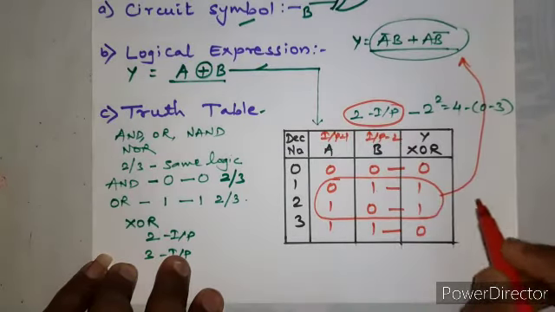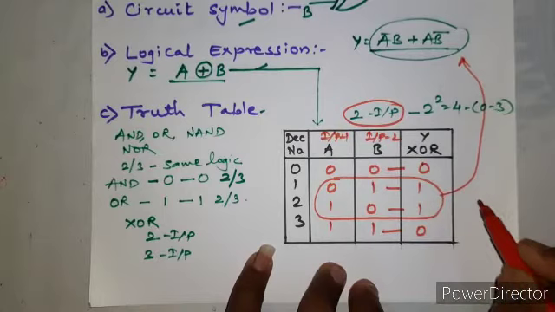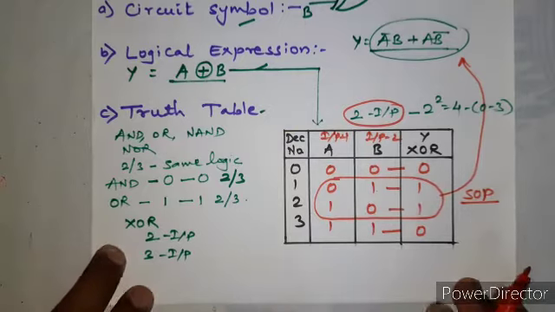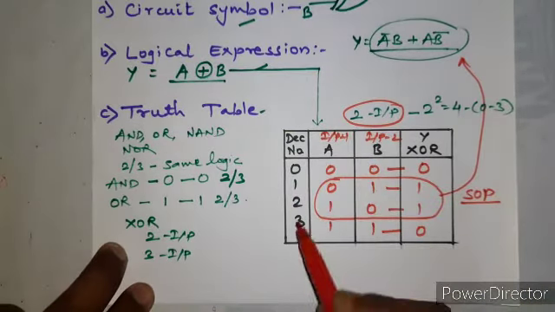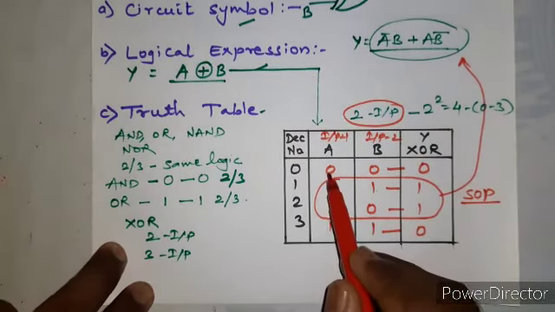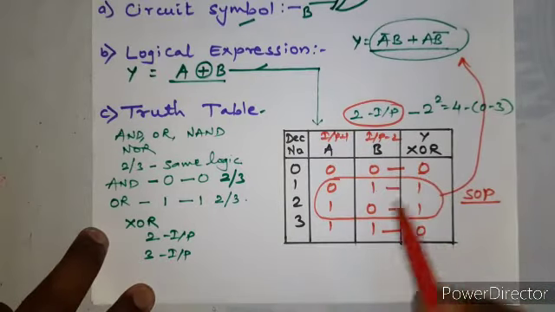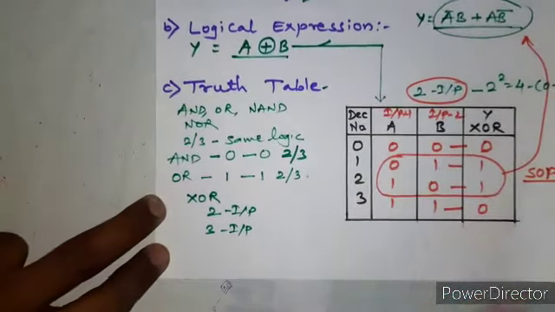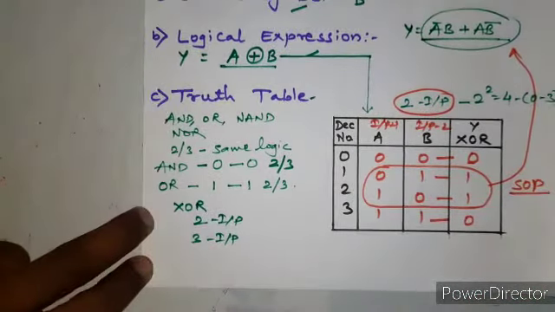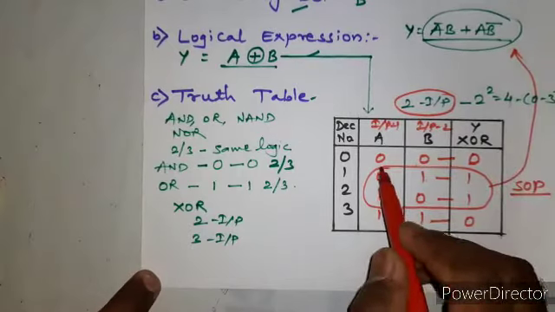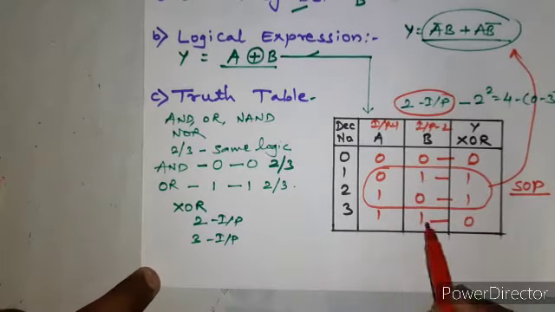Now we'll come to this equation in our next chapter when we study SOP. Right now just remember that this is the truth table for the 2 input XOR gate, where if we have the same input, the output is 0. So we can write this in a statement: if both the inputs of the XOR gate are the same, then the output is 0, right?